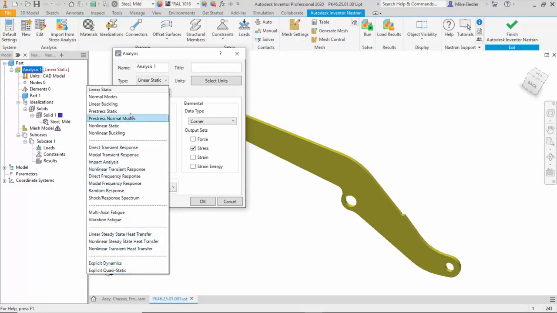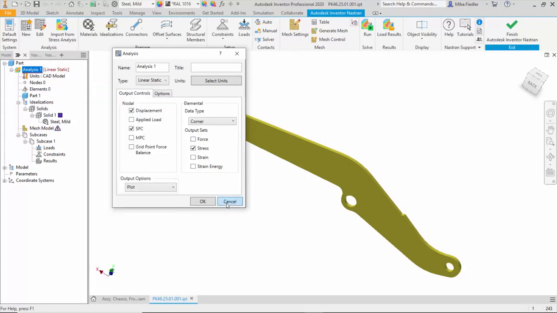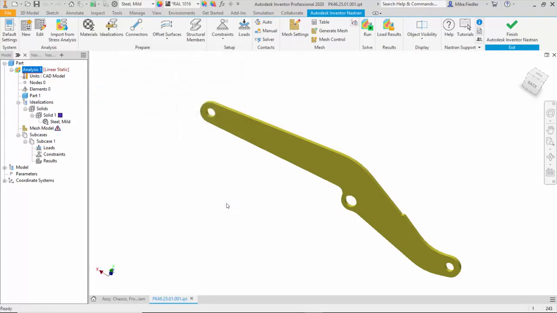So quite a few different analysis types, and by this point that you're viewing this video, you should have seen a few prior slides where we discussed in short what these different types of analyses can do. So if need be, you can always scroll back a couple slides and read those short descriptions on them. Let's go ahead and continue on with the setup to see how to do a basic analysis within Inventor Nastran